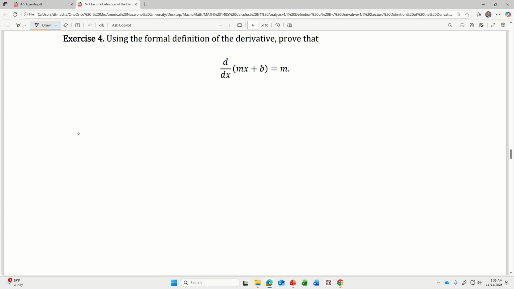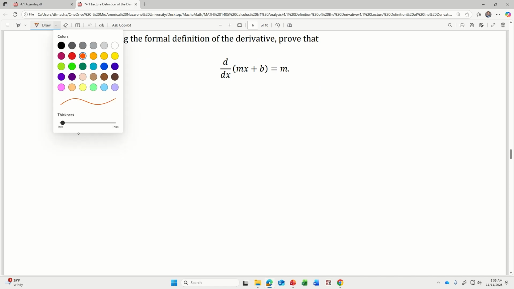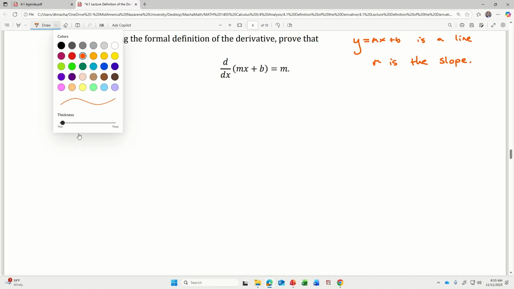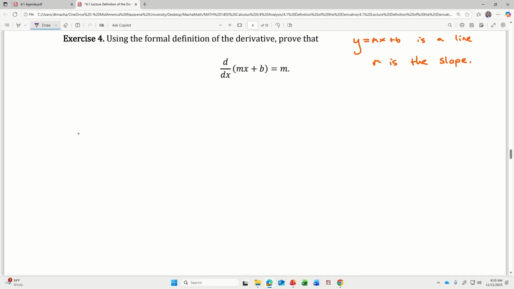Exercise 4. Using the formal definition of the derivative, prove that the derivative of mx plus b is equal to m. So y equals mx plus b is a line. M is the slope. This is an interesting question because it's saying prove that the derivative of a line is the slope of the line. And to do this, we're going to say